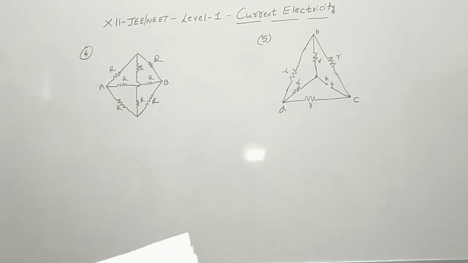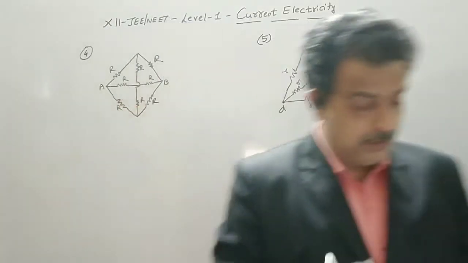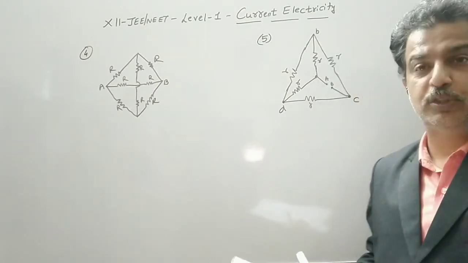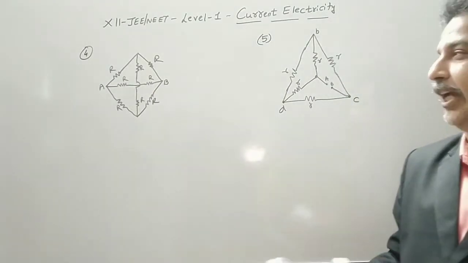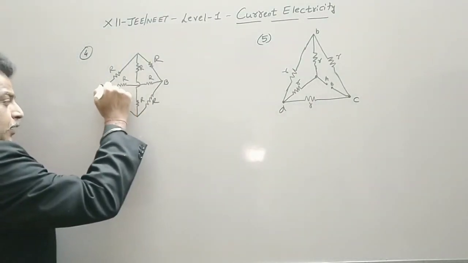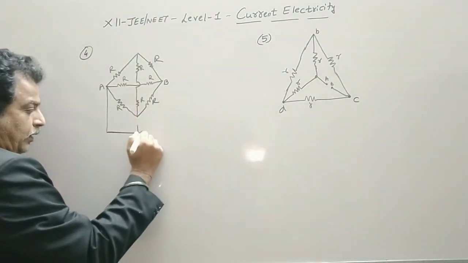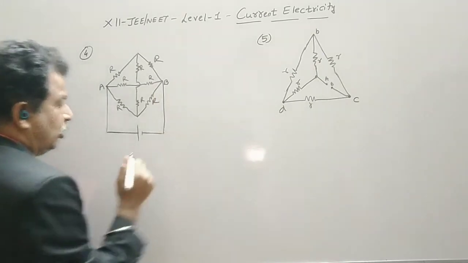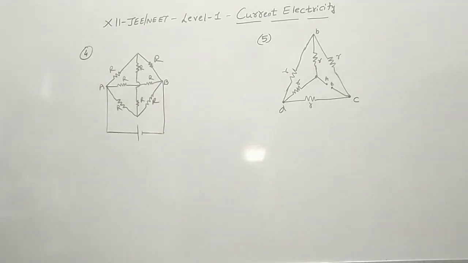Now let us see question number 4. The circuit is given. The question is simple. Find out the equivalent resistance between A and B. So first we connect a battery or a cell to check the division of the current. Now we find that